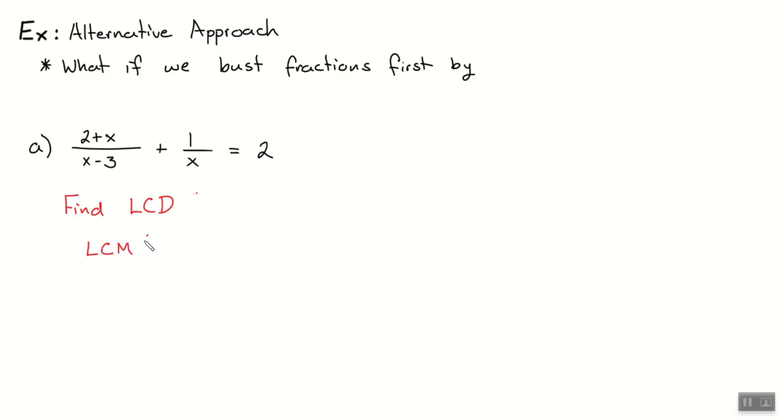And really there's a third one, but I'm going to write LCM with the understanding that it's up to you if you want to. The LCD is the least common multiple of the denominators. It gets gross and ugly. But I'm trying to find the least common multiple between, one of them is x minus 3,